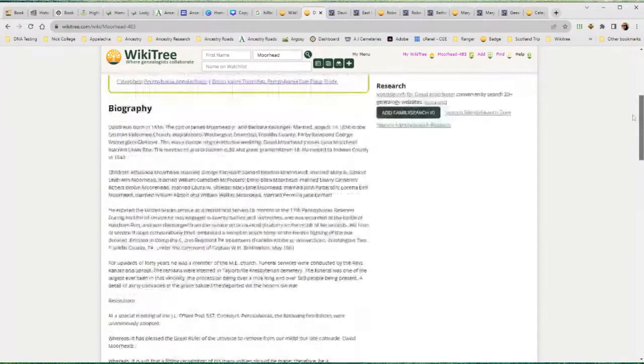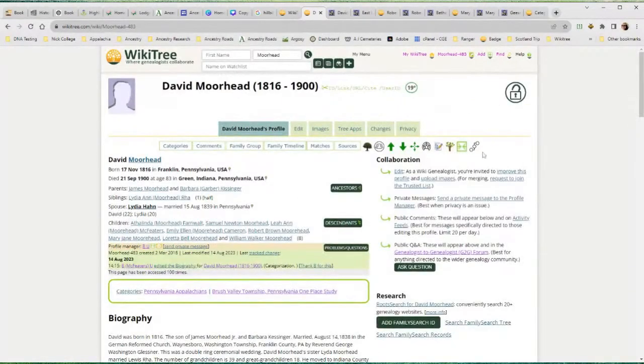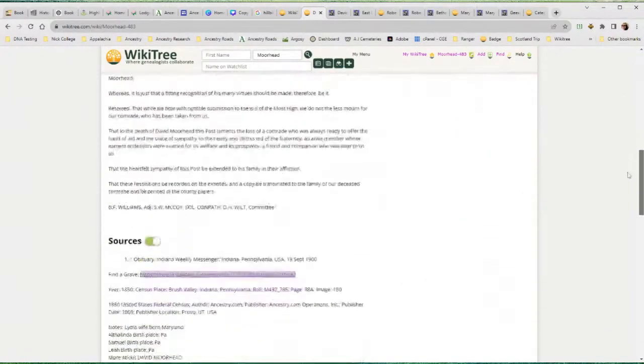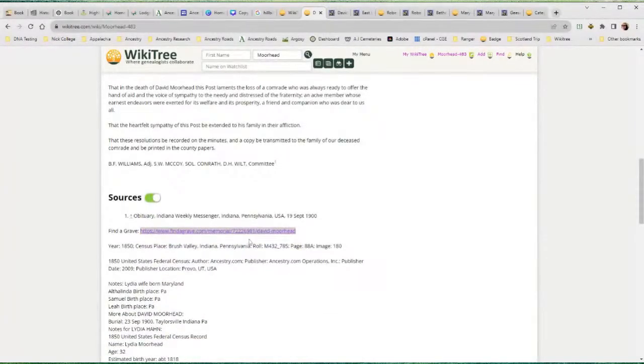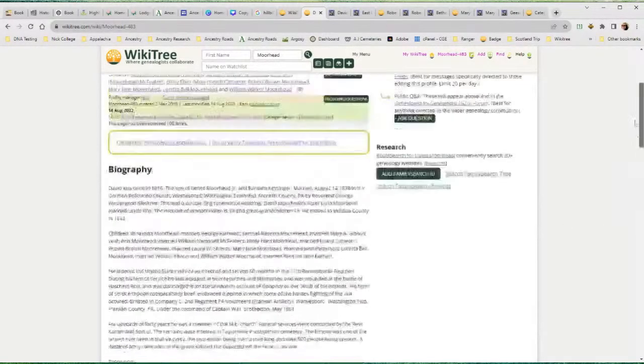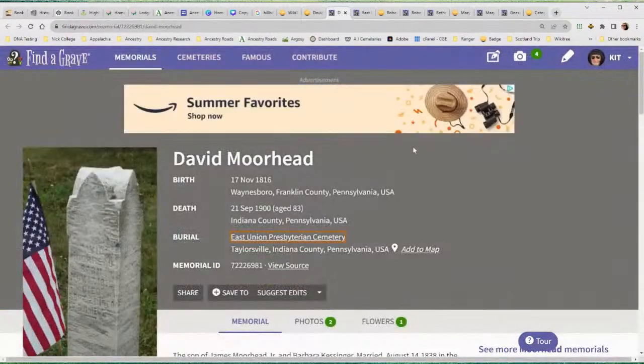So I've got a profile here of David Moorhead, and I want to create a cemetery category for him because I noticed there isn't one, and there is a Find a Grave as a source. So if you click on that Find a Grave source, you'll come over to his Find a Grave profile. This is where you have to do some homework. This is not going to help you double check the information of the profile person on WikiTree and Find a Grave. You need to double check that yourself. So I've already done my homework and I've ensured that this David Moorhead is the one that I'm looking for